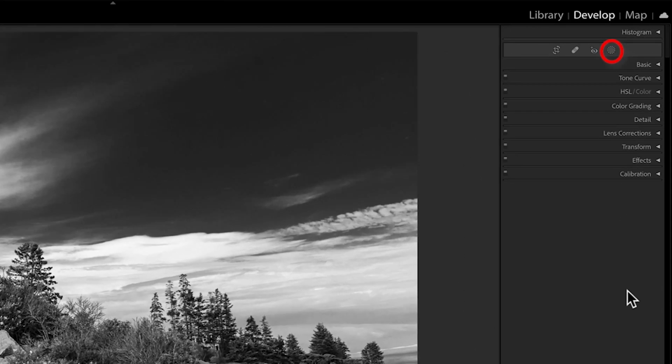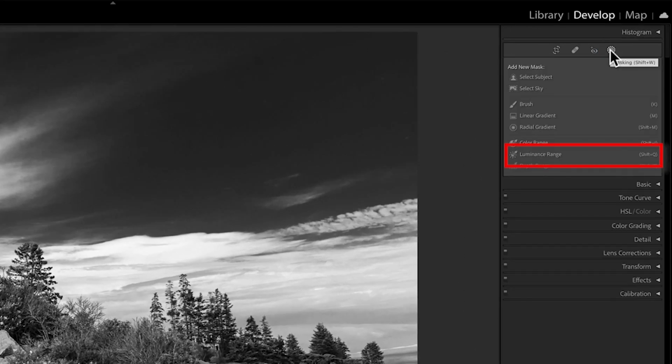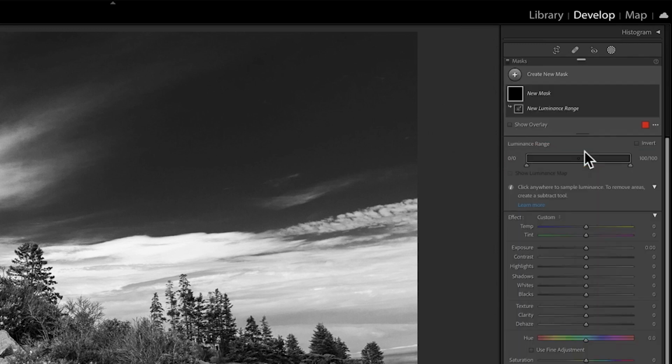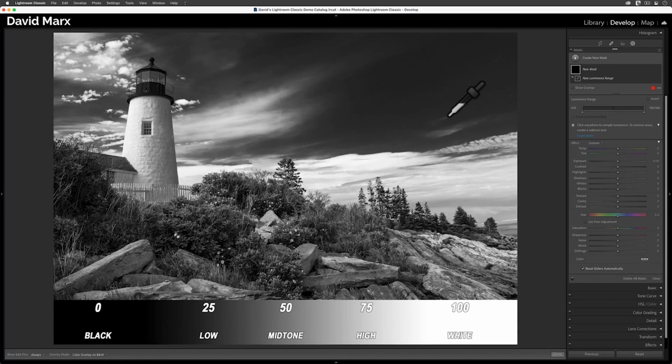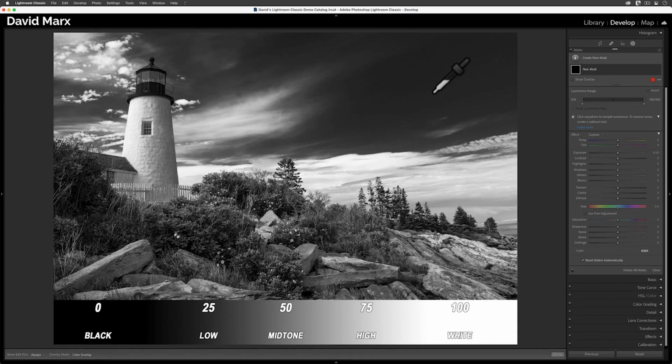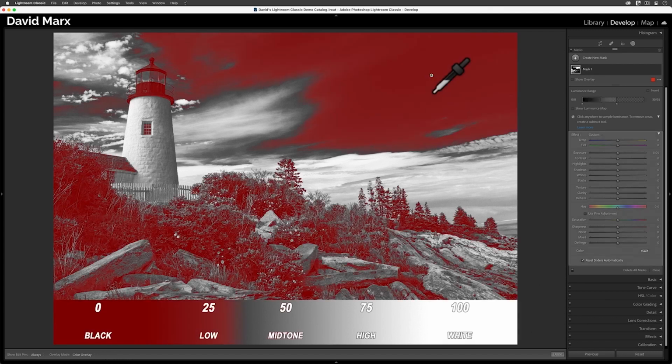When I open up Lightroom's masking panel and activate the luminance range tool, a little box will appear. Next, I'm going to bring my cursor, which is turned into a luminance selector tool, out over my image. If I drop a sample point up here, for example, on these dark pixels in the sky, then I'm telling the program that I want to alter these very dark tones.